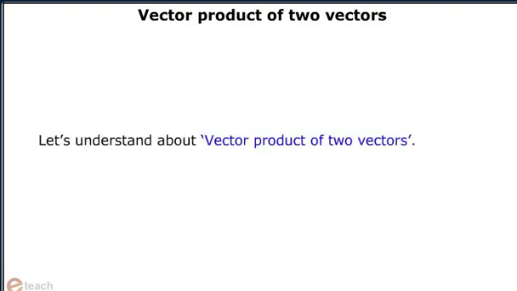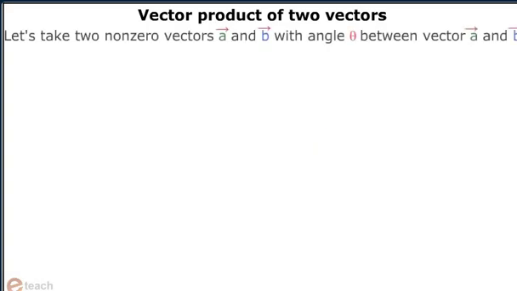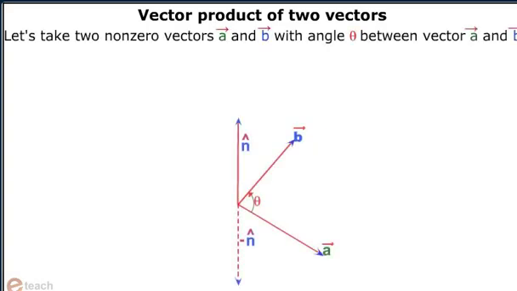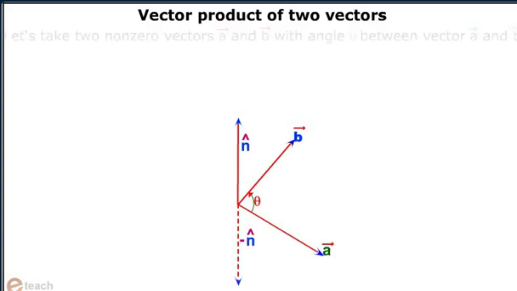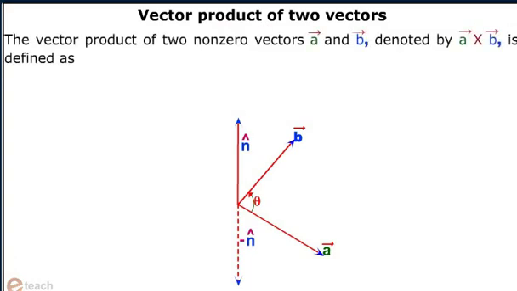Let us understand about the vector product of two vectors. Let us take two non-zero vectors a and b with angle theta between vector a and b. The vector product of two non-zero vectors a and b, denoted by a vector cross b vector, is defined as